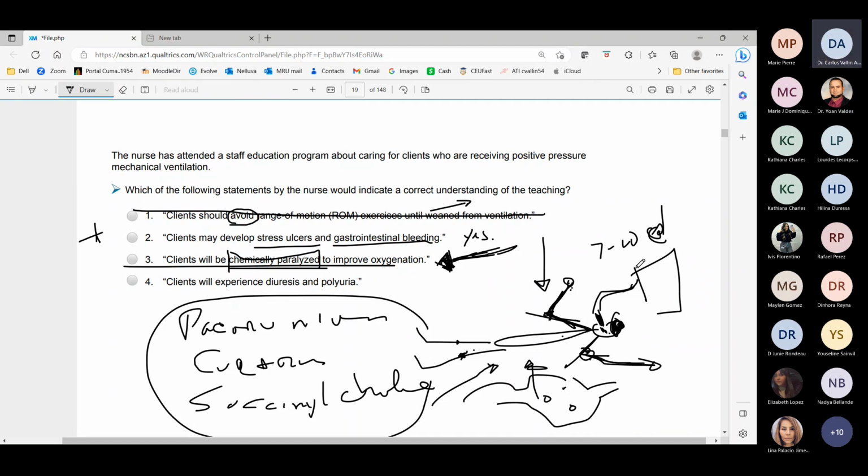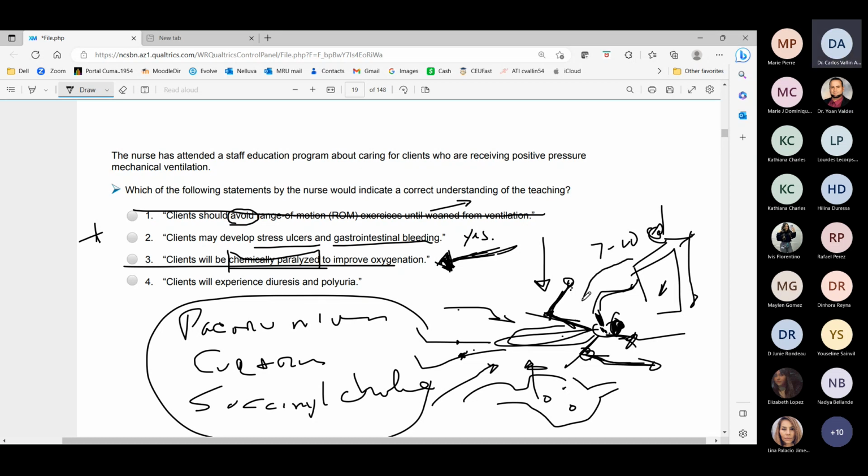Sometimes, rarely, for a short period of time in the ICU, in patients that are ventilated, maybe the doctor wants to paralyze the client because the client is critically ill and could be fighting the ventilator. Understand that the ventilator